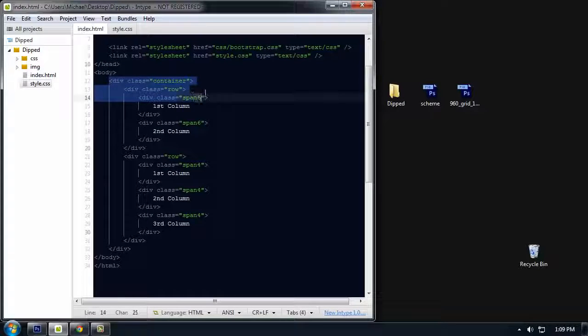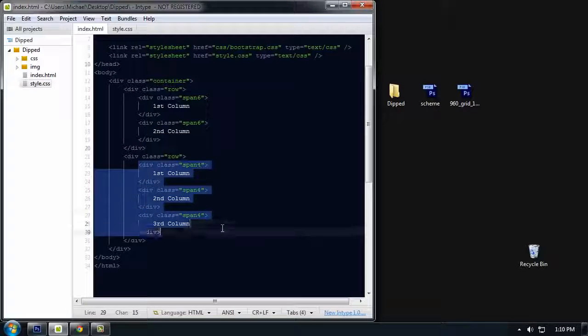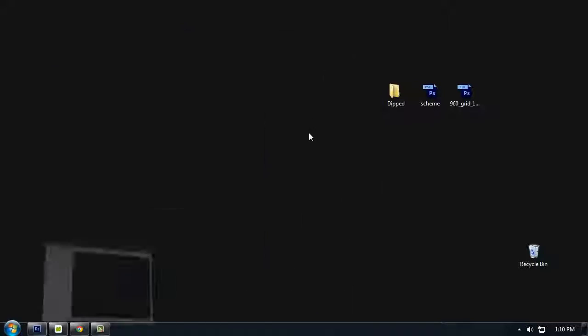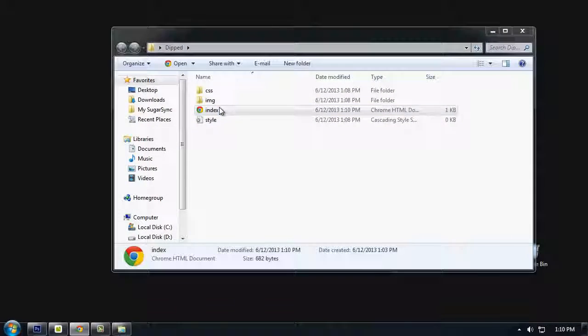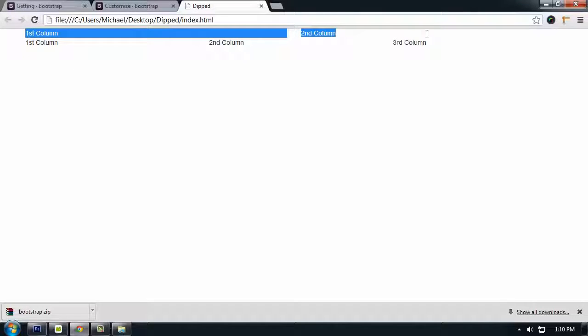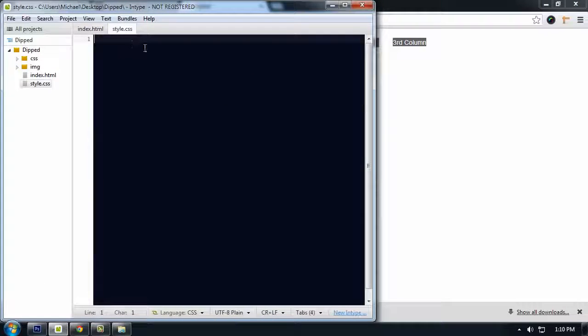So, a div class with a container, and in the container there are 2 rows. The first one has a first and second column. The second one has a third-column grid. So let's preview it in a browser. As you can see right here, they have a first column, a second, and in the second row there are 3 columns. So in order to see it,